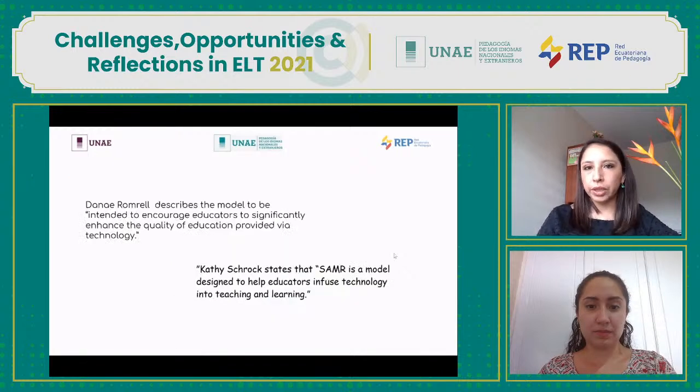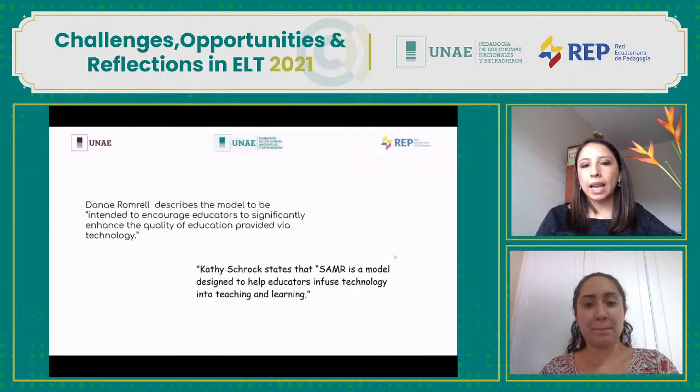The first one, Daniel Romrels, describes the model to be intended to encourage educators to significantly enhance the quality of education provided via technology. And Kathy Schrock states that SAMR is a model designed to help educators infuse technology into teaching and learning.